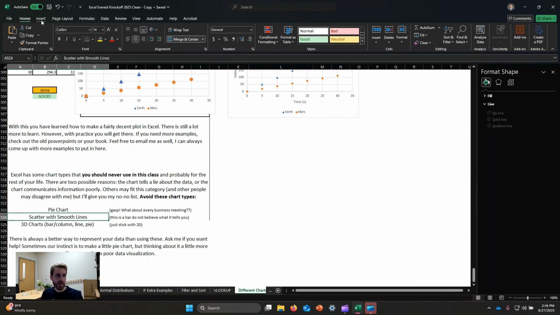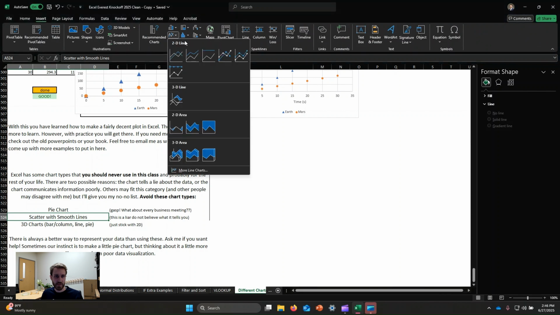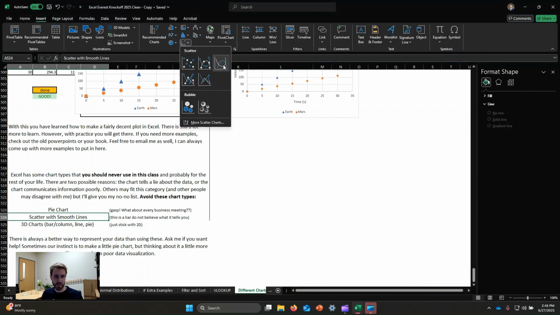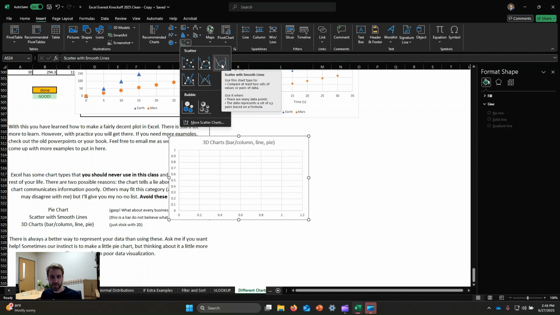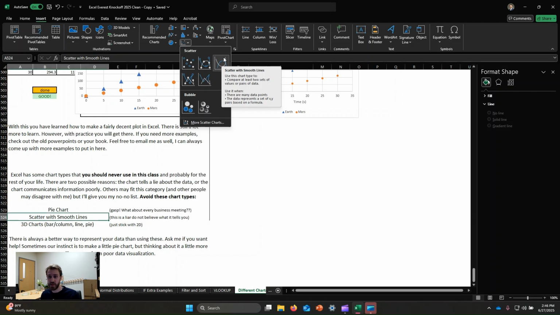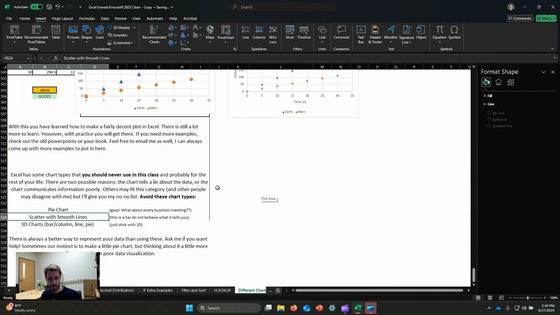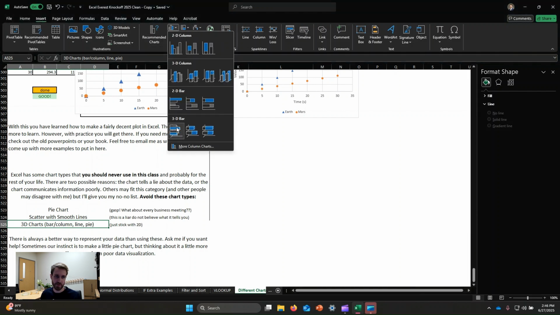You should never use the scatter with smooth lines. That's this one here, because it puts in these automatic smooth lines that lie about where your data goes. It makes it look like you have some data that you don't actually have. And so you shouldn't use that. Otherwise, you're lying about your data. You should use straight lines to connect your dots if you have to have a line in there. And then finally, don't use the 3D charts. They may be, like for a bar chart, there's this 3D bar